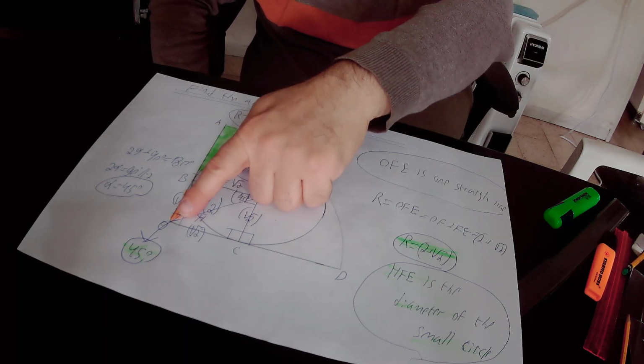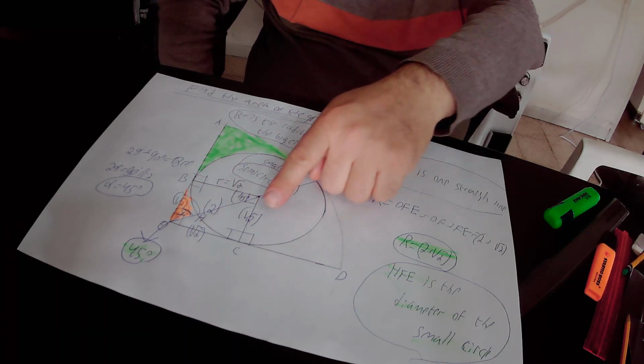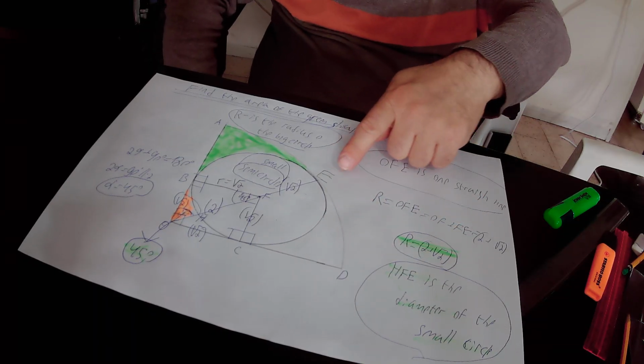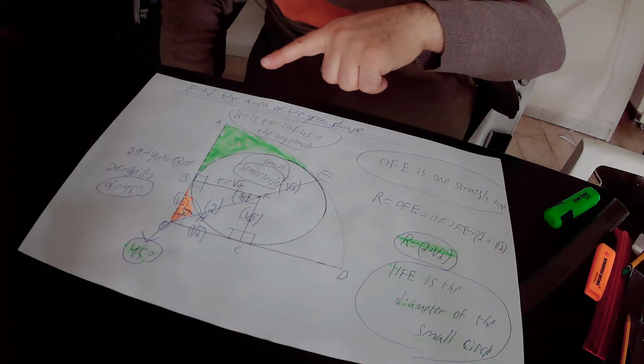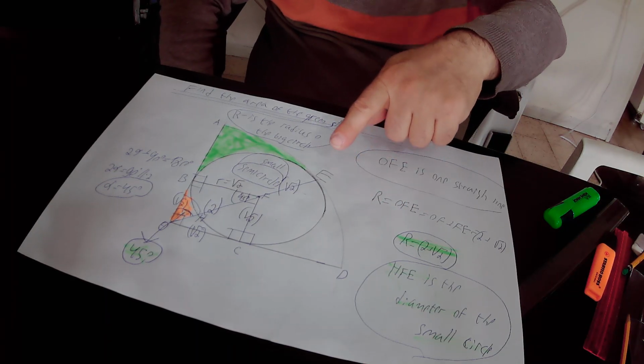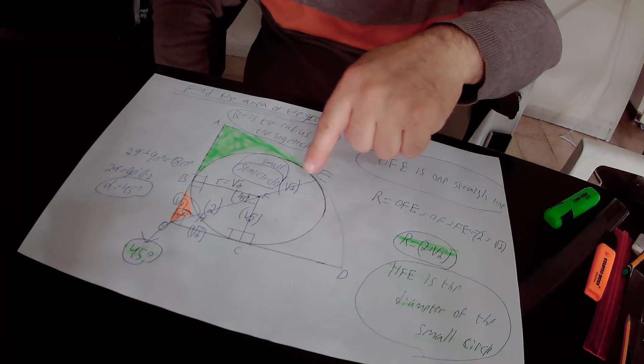We define the center of the quarter circle, this point, as O. We define this point as C, we define this point as D. This point is the touching point between the small semicircle and the big quarter circle. We define the touching point as C, and finally we define the center of this small circle, this point, as